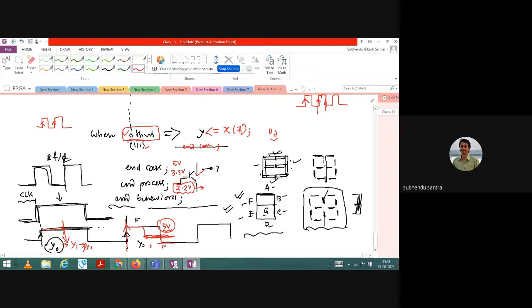Now here I am giving another example to represent the glitch. If there are 1 1 1 and at some point of time, in the same clock interval, it changes to 1 1 0 and then 1 1 1 again, that change will not affect the output, which is definitely D7.